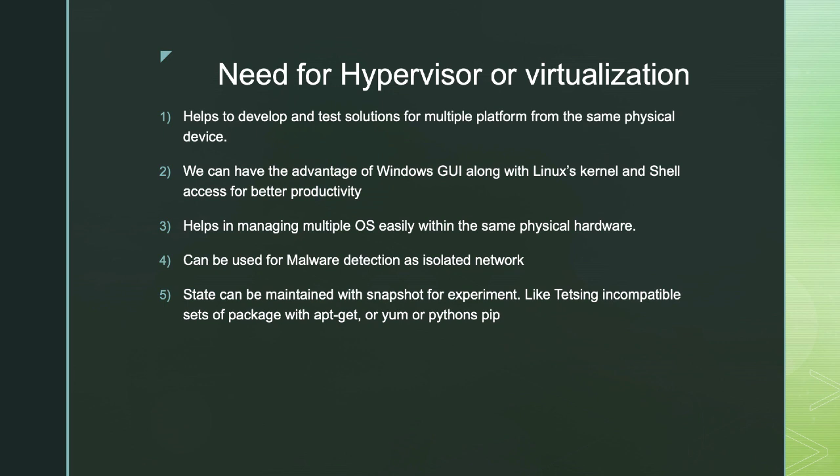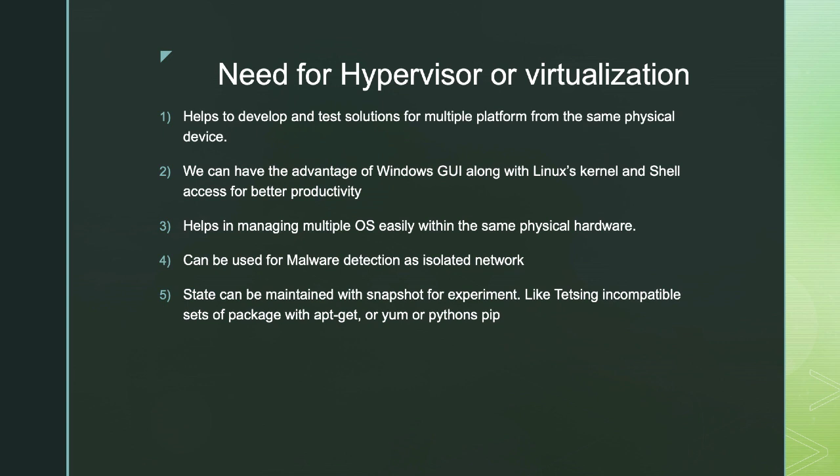Some of the use cases: why do we need a hypervisor or virtual machines? Let's suppose you are developing a solution, maybe you are writing a Flask application in Python, and you want to test how it behaves on Linux and how it behaves on Windows. So you need two machines, one Windows and one Linux, maybe physically accessible or maybe over a network. Somehow you need access to two different machines. That means more money. It also means you need more physical space to keep those physical servers.